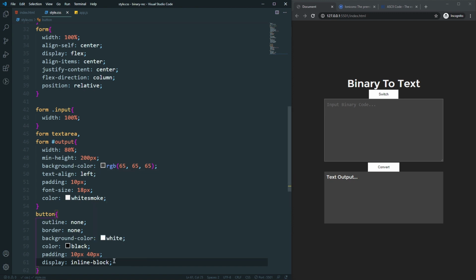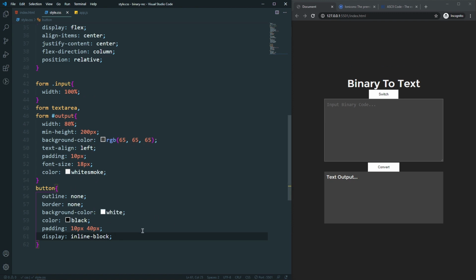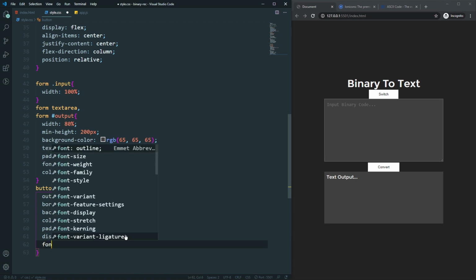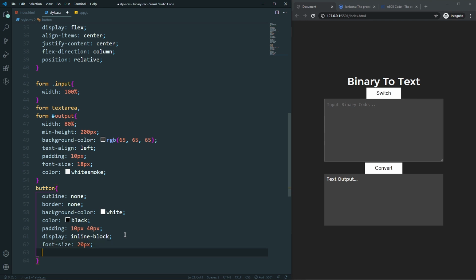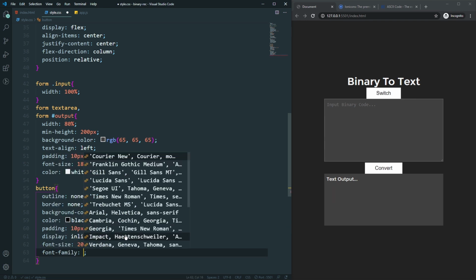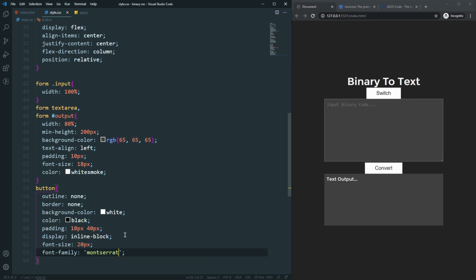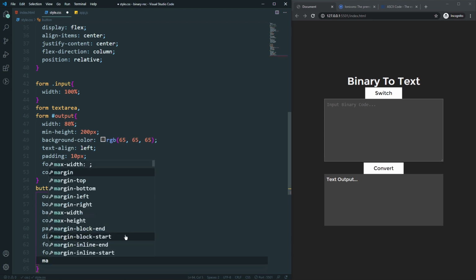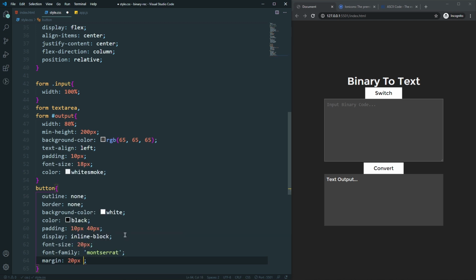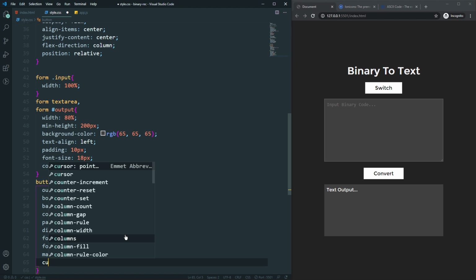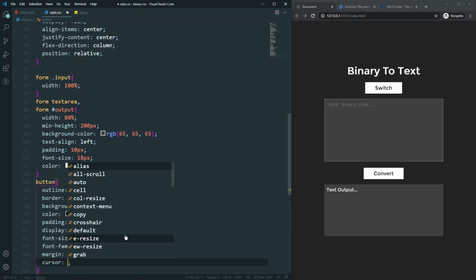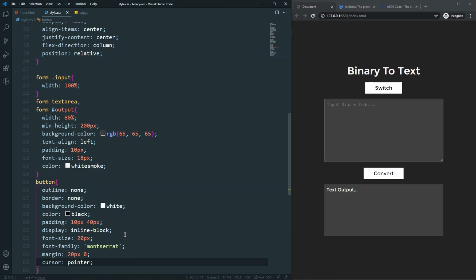After that, let's go to the actual font size here. So font size will be something like 20 pixel and pretty good. And font family, so font family Montserrat, so Montserrat, and looking perfect. So finally we just need some margin so that we can have some room here, looking amazing. And finally just cursor will be the pointer. So that's it,